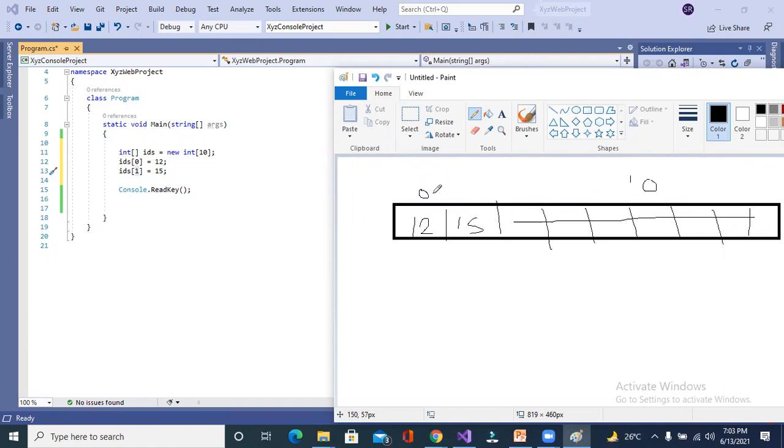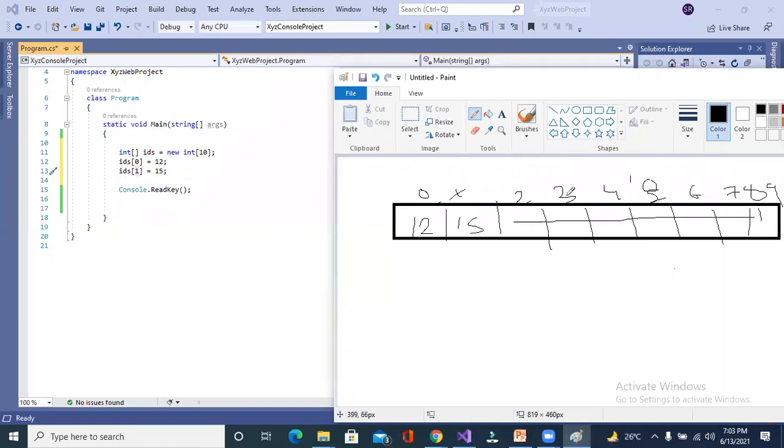Array positions 1, 2, 3, 4, 5, 6, 7, 8, 9, 10, whatever it is. I'm asking one question to Shilpa. What did I do? I initialized the array only for two positions, 0 and 1, as you can see here in the code.